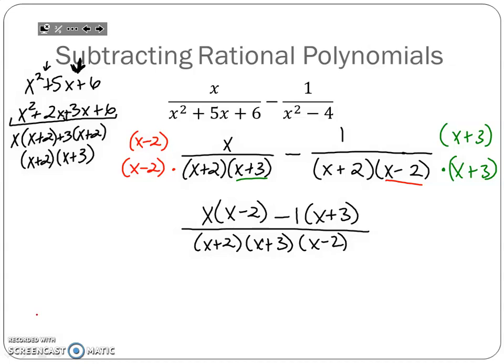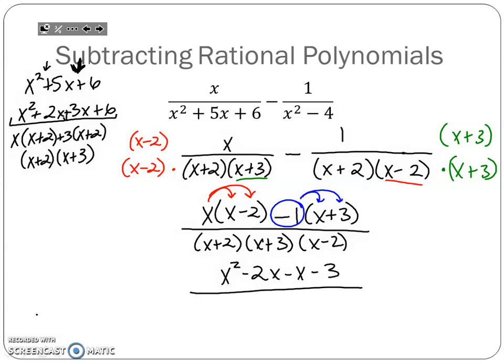Okay, I'm going to take an x times an x, gives me an x squared, and x times a negative 2 gives me a negative 2x. And this is, again, this is why I like to show this step there so that you guys don't forget. I'm going to distribute a negative 1 into both. So that becomes negative 1 times x is a negative x. Negative 1 times 3 gives me a negative 3. Okay, that's over x plus 2 times x plus 3